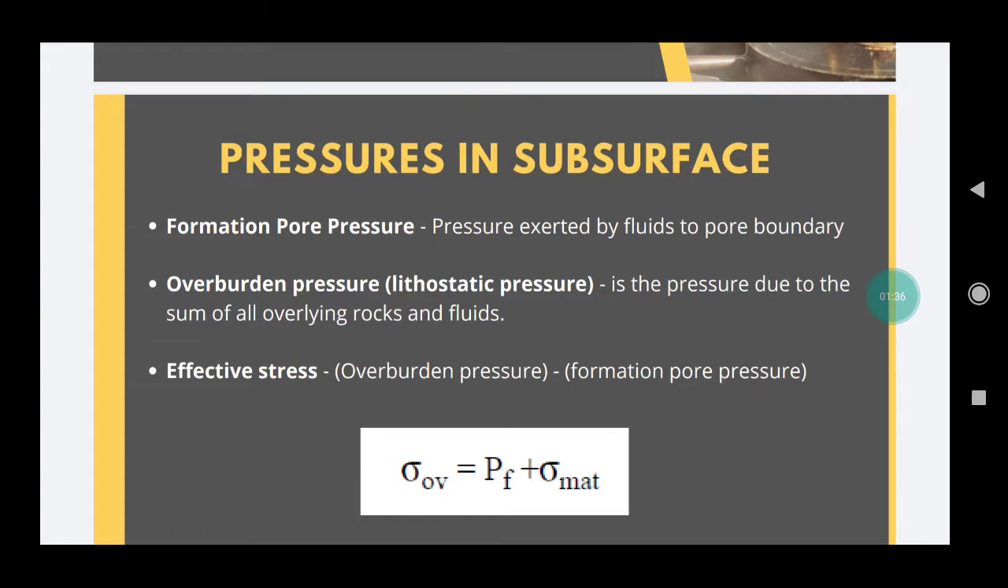The third one is known as effective stress, also known as matrix pressure. This is nothing but the difference between overburden pressure and formation pressure. Now, the matrix stress actually applies on the